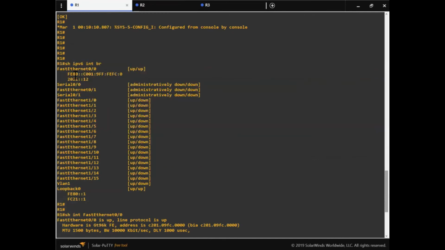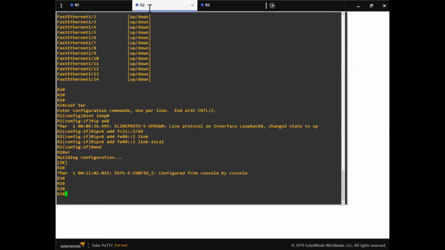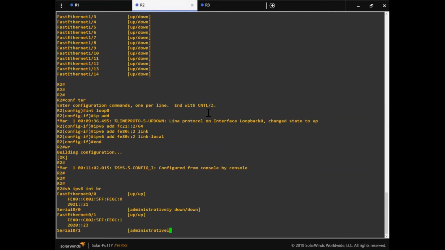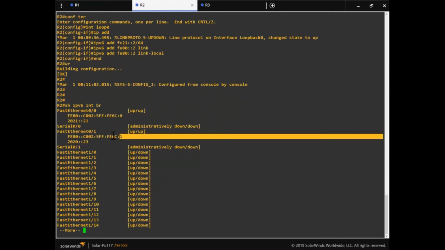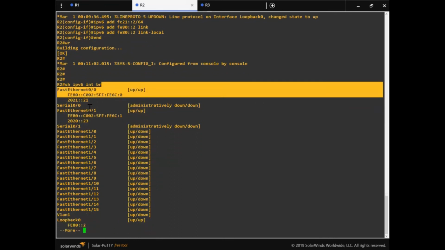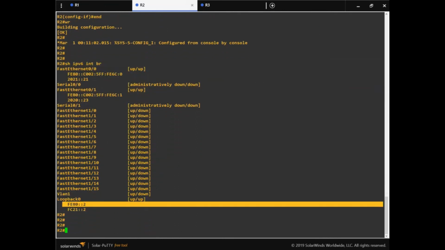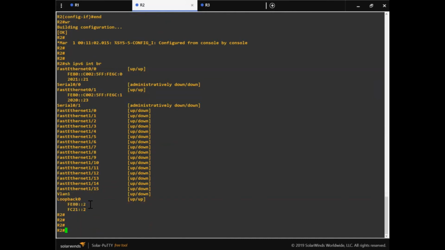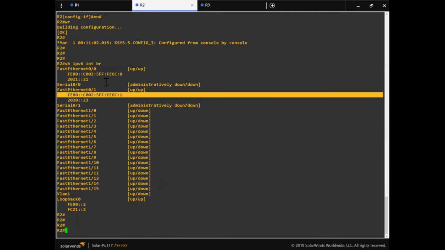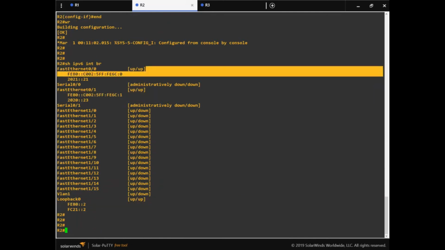And you can see that link local is automatically generated. It's not only for R1, but if you check over here, show IPv6 interface brief, you can see FE80 is also added automatically. Further down, FE80 is there too, but it was manually configured, so it is not showing EUI-64 format. But here it is EUI-64 format, and here it is EUI-64 format.